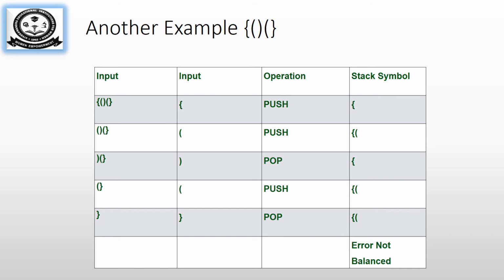So your symbol will be popped out from the stack, which will be an open parenthesis. So both will get nullified. Then again, the fourth operand is going to be an open parenthesis, which will be pushed into the stack. Then the final operand is a closing curly brace. So now a symbol will be popped out from the stack. You can see the popped out symbol will be an open parenthesis. The current operand will be a closing curly brace, which does not match each other. So finally you will be having an error. So then you can simply print that the given expression is an unbalanced expression.